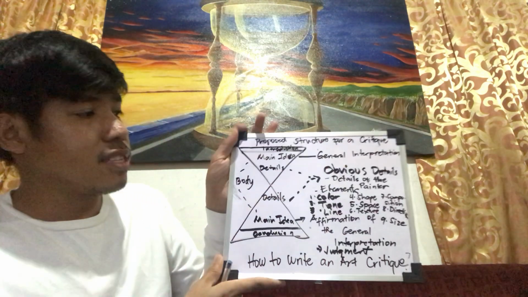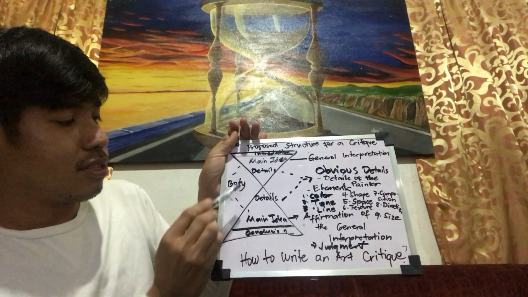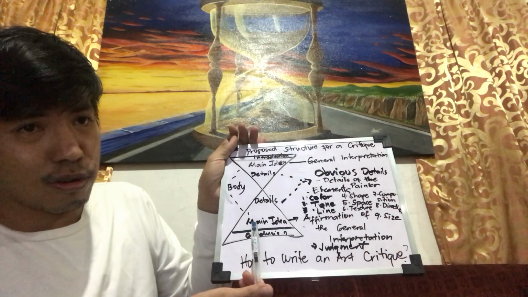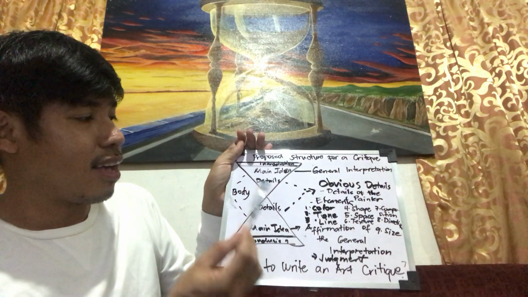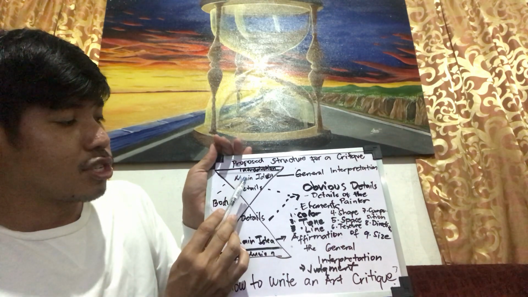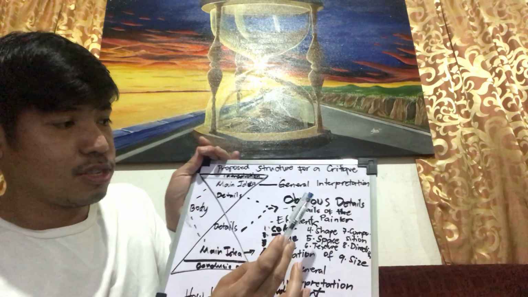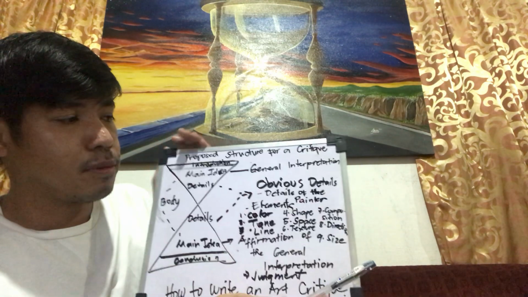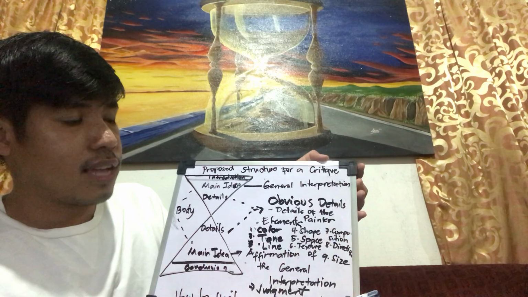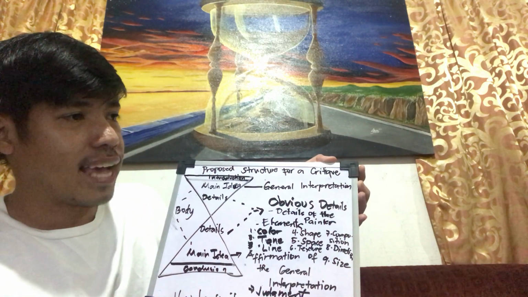So the structure is, obviously you have the introduction, the body, and the conclusion. So again, that won't go away. But for the hourglass or the two triangle structure, you are going to present first the main idea. So that's your interpretation. So once you are able to see the painting, you're able to have a glance on it,